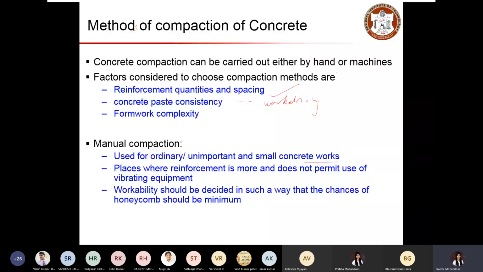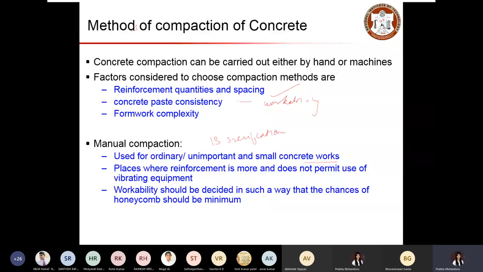They will just pour the concrete in its place, and using a rod or some wood strips, they'll just tap the surface, and I think the structure is compacted. So most often the compaction by this manual method will not be that consistent or uniform.